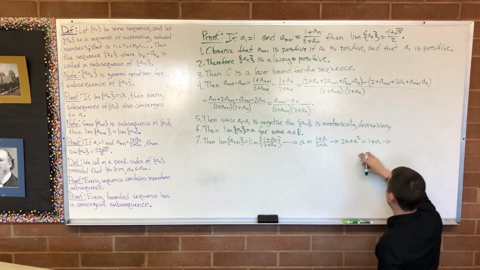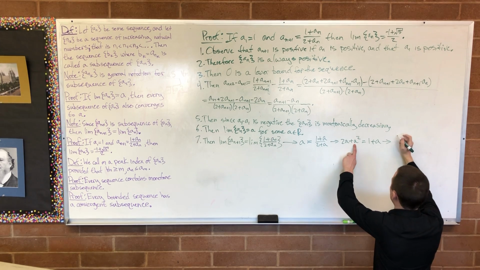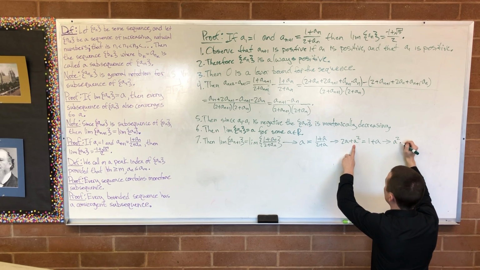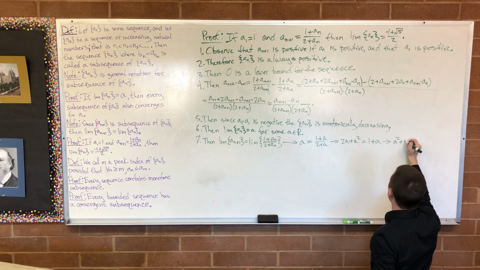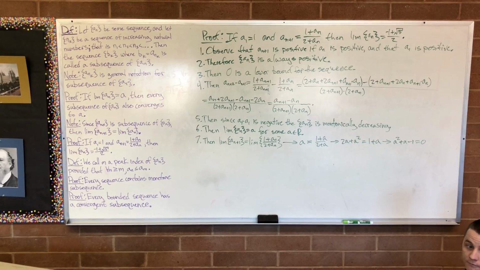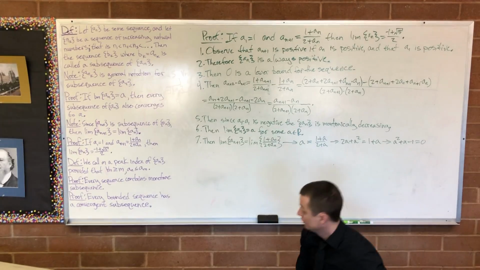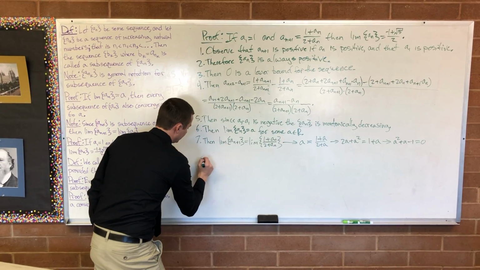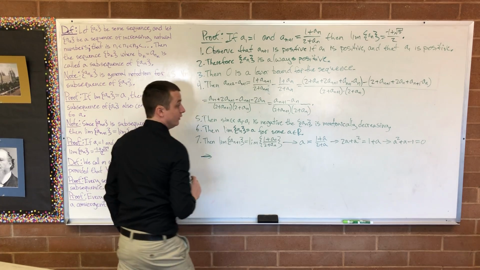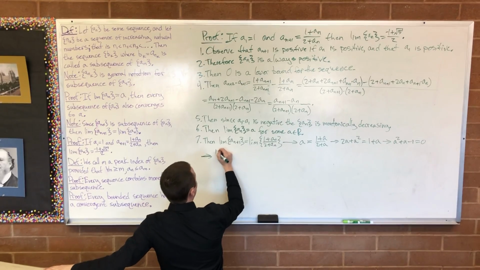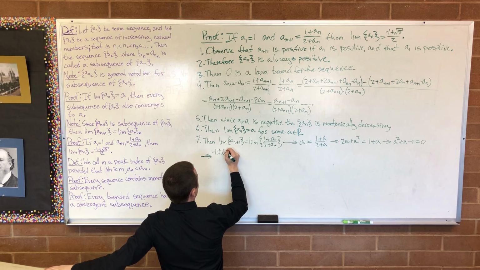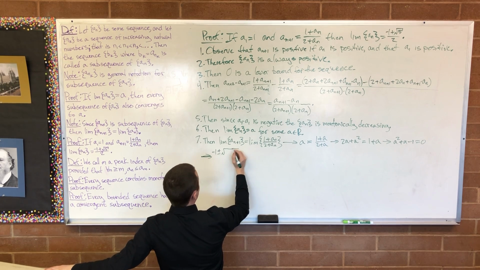Get everything on the same side, so we've got an equation that equals 0. I'm going to write my a squared term first. A squared, we're going to have 2a minus a is just plus a, minus 1 is equal to 0. That's nice and simple. And now we just use the quadratic equation. So that gives us -1 plus or minus the square root of 1 minus 4 times 1 times -1